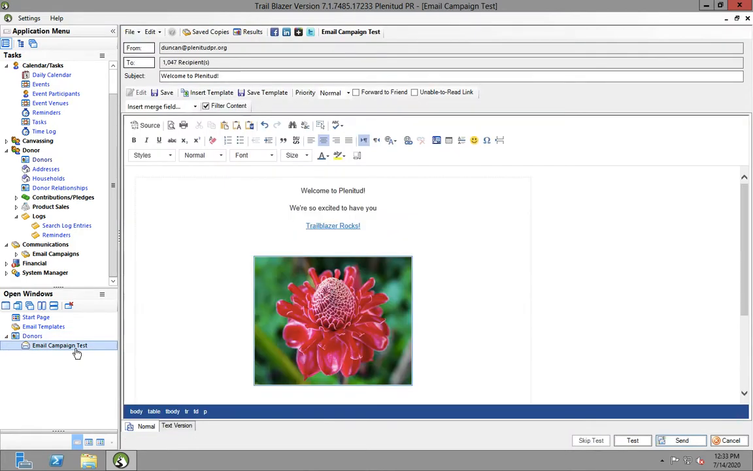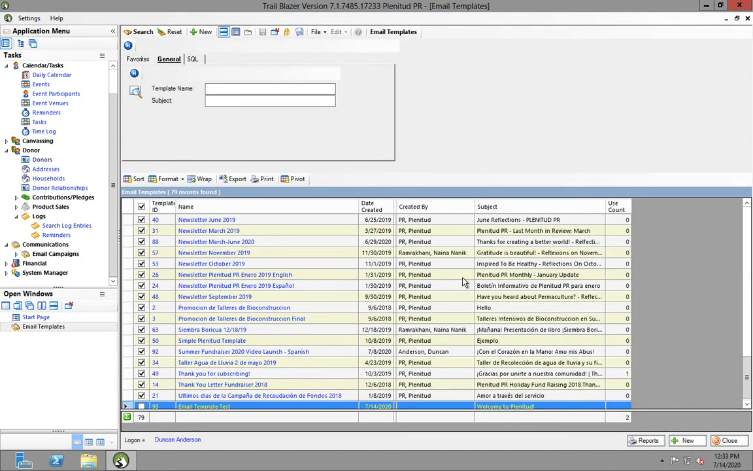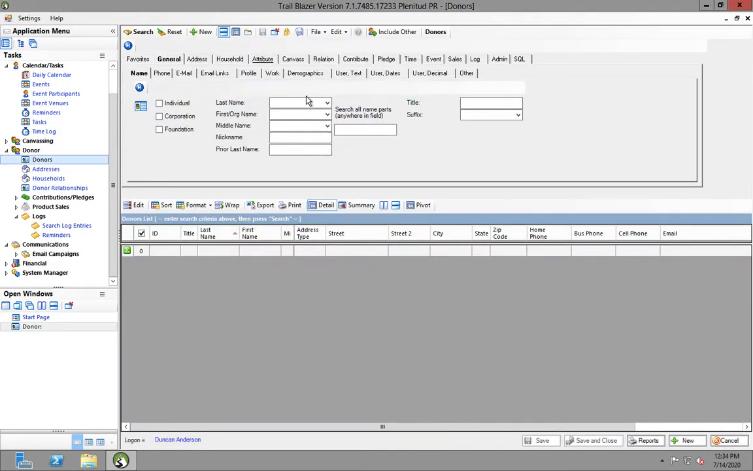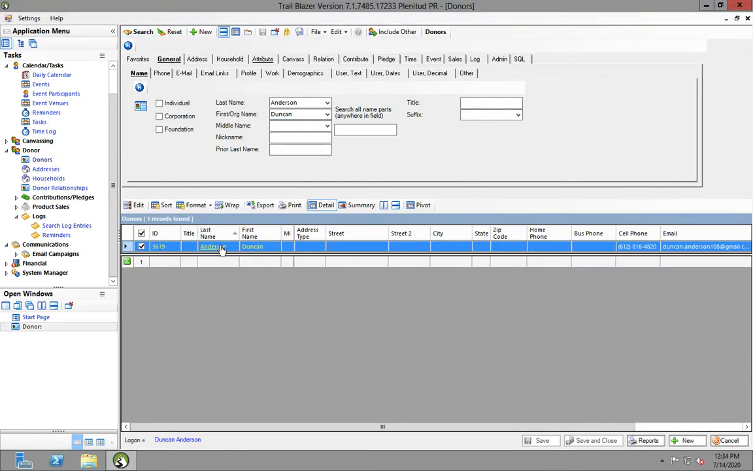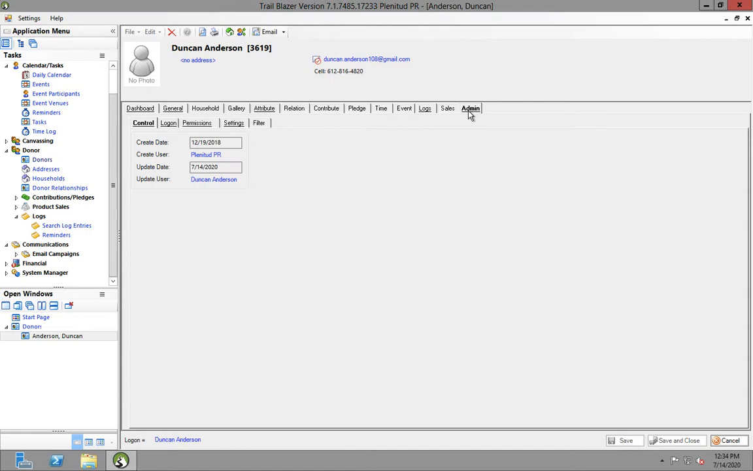So now I want to show you how to add yourself to the test email list so that you're able to send a test email to your email whenever you are creating a campaign. I'm just going to close these windows, go to donors, and we'll just use my record again as an example. So what you'll want to do is look yourself up in the donor list, click on your name, then go over to the admin tab, click admin, and then underneath admin, go to log on,